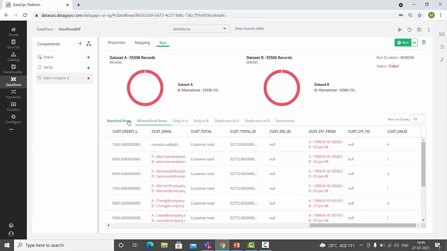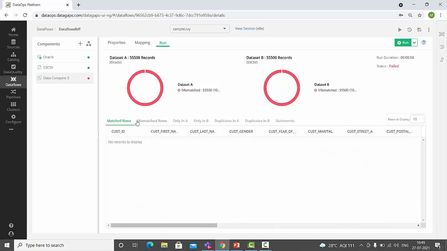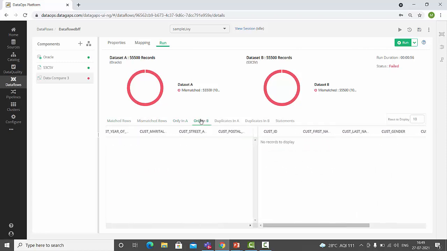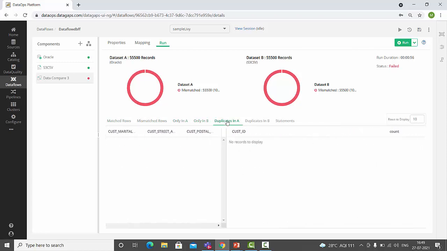We have the matched rows which are not there at all, and we have records only in A, records only in B, and also duplicates in A and duplicates in B. These are the different sections we have. All these data sets we can export or write to the target, which is file or JDBC component. So this is a simple use case to show you how the tool works.